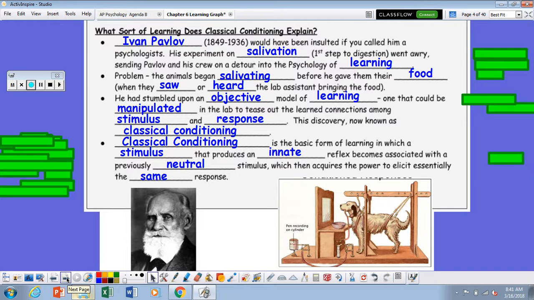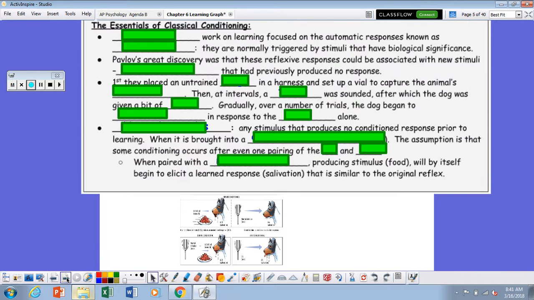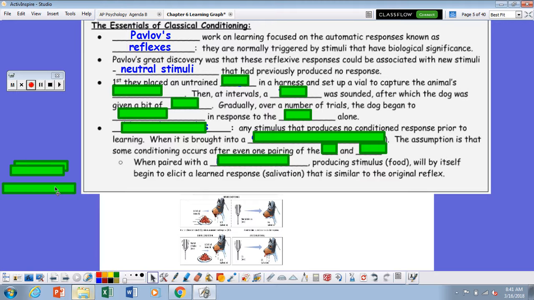That sounds all so complicated, but we're going to break it down a little bit. Pavlov's work on learning focused on the automatic responses known as reflexes. Reflexes are normally triggered by stimuli that have a biological significance. Pavlov's great discovery was that these reflexive responses could be associated with new, neutral stimuli that had